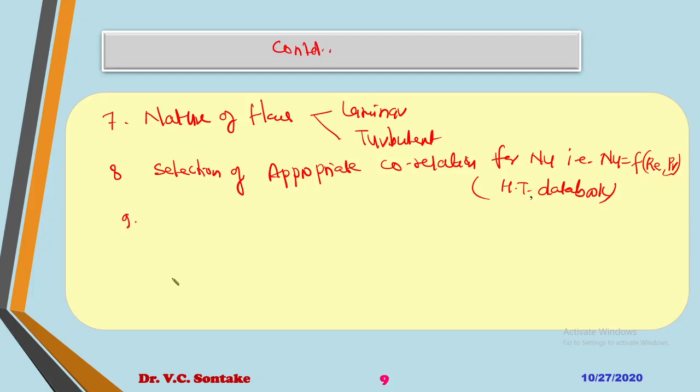Then step number 9, calculation of heat transfer rate and convective heat transfer coefficient h, and finally calculations of other parameters.